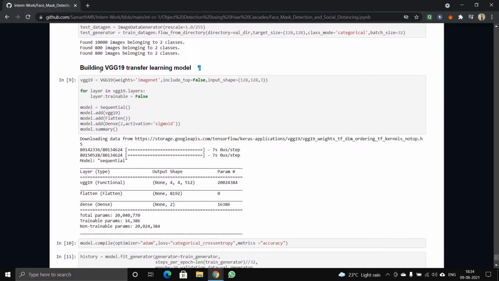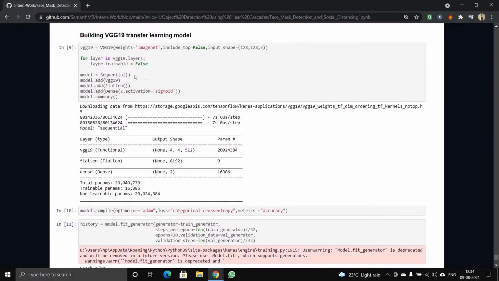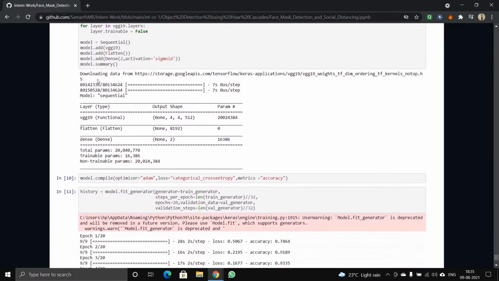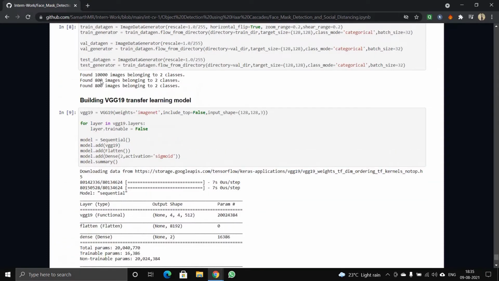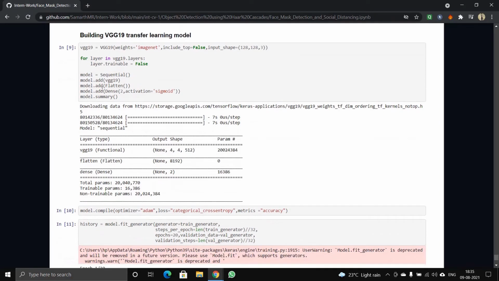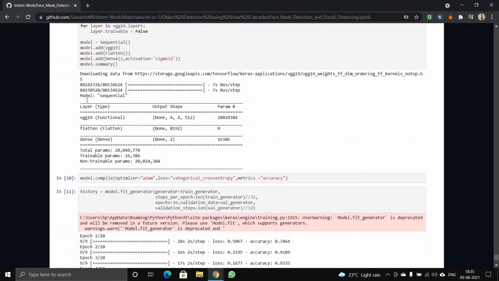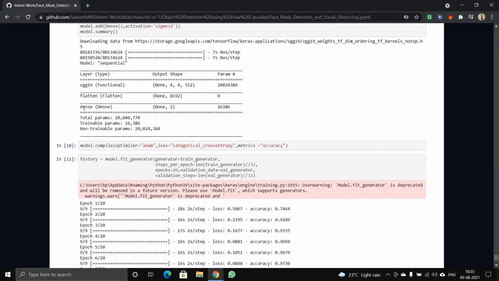So coming to building the VGG19 transfer learning model, here you can see that all the data which we have given into these three categories will now be segmented sequentially and applied with layers and functional type, layer type and VGG19 functional type, and flatten the input, and we'll apply the dense function.